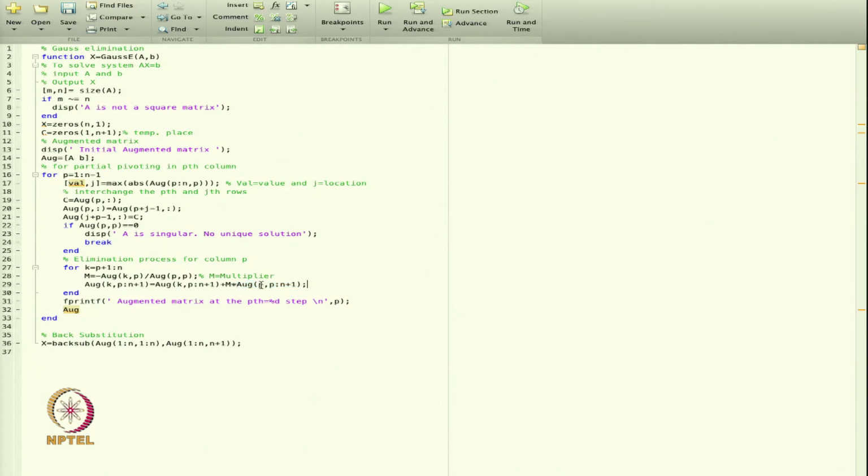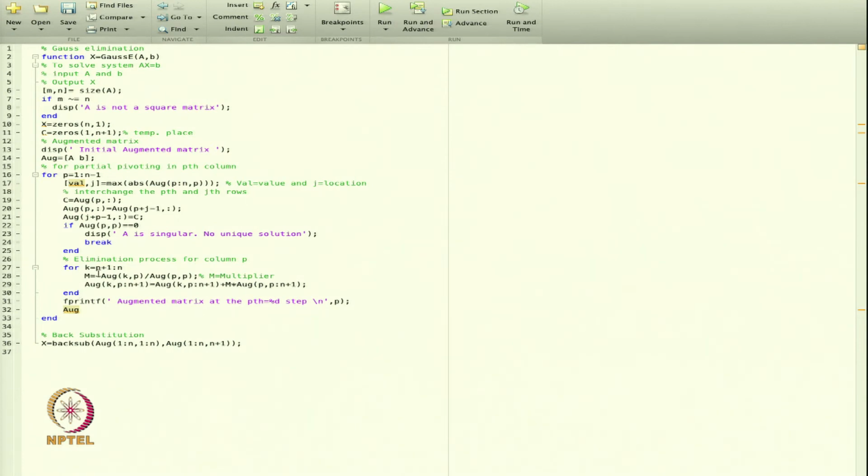If p is equal to 1, it is 1 and 1 to n plus 1, so it is the first row and all the columns. This first row and all the columns I am multiplying by the multiplier and adding to the next row where I want to make the element 0. So, it will give the elimination process, and then this will be the end.